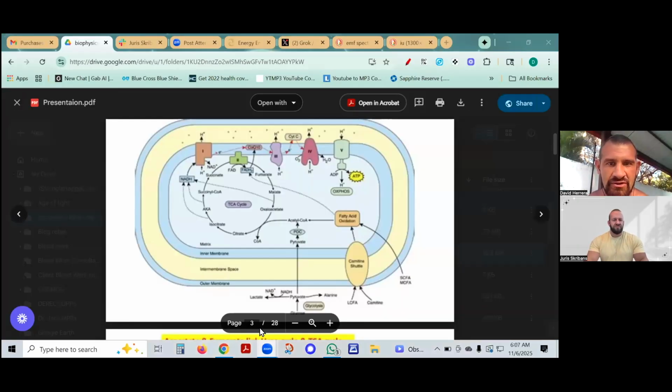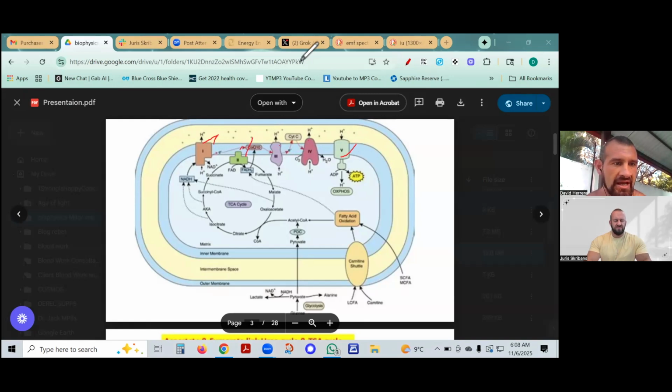So right now you're looking at a very simplified diagram of the mitochondria, mainly just so that we can talk to it, right? So this is cytochrome 1, this is cytochrome 2, this is cytochrome 3, and cytochrome 4, and then the ATPase, right? You don't really need to know the details of it. That's not really what we're here to do. What we're here to do is show you that cytochrome 1 is amplified by specific frequencies, and we'll talk about what they are. Cytochrome 2 is as well.